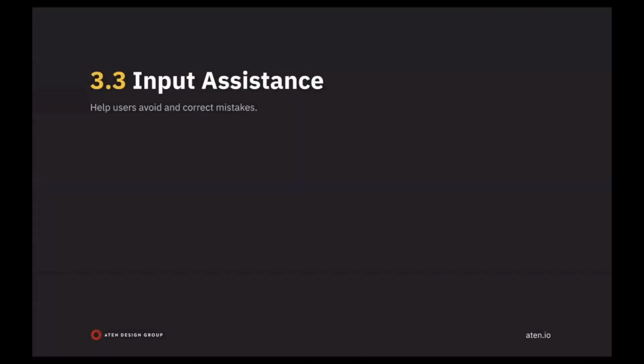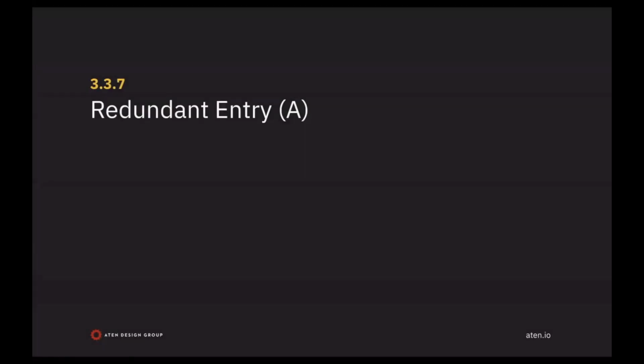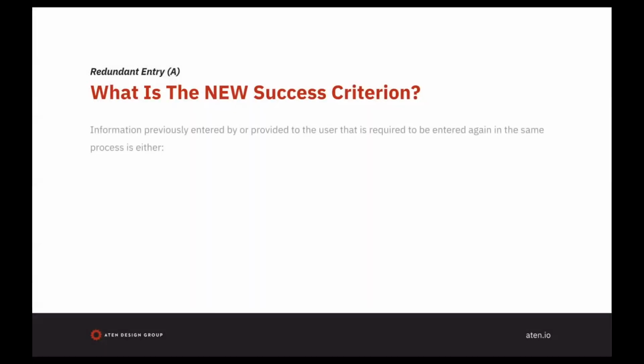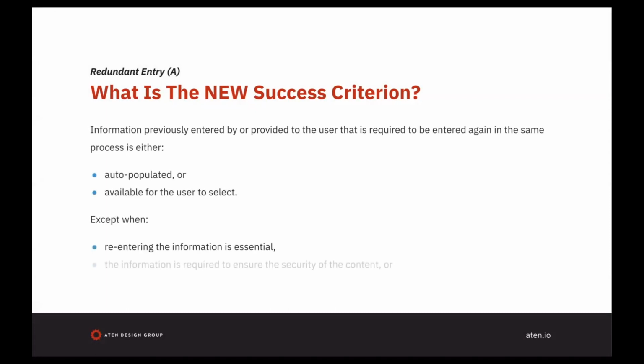And now our final 3 success criteria fall under input assistance, where we want to help users avoid and correct mistakes. This first one is redundant entry. This one is another mouthful, so I'm just going to let it play as I tell you what's going on here. Basically, if you are filling out a form and there are multiple of the same inputs, like maybe your name is on there a few times, or maybe your billing and your shipping address are the same, for example, then a user should not be required to fill this out again,